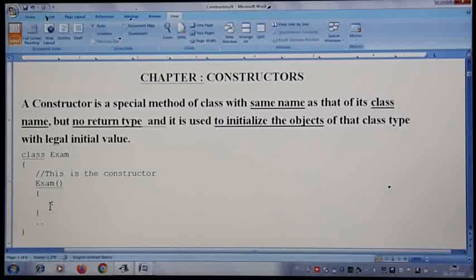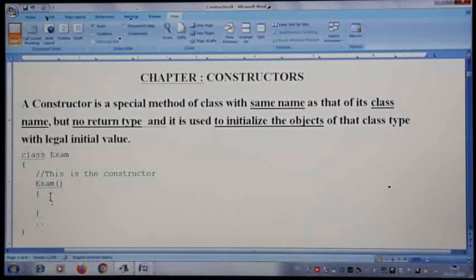Not only that, because the constructor is the one which is executed at the beginning itself. For example, assume that you are going to develop a game application or any software or program. Assume that you want to give a welcoming screen when you start the application. The welcome comes only for the first time.